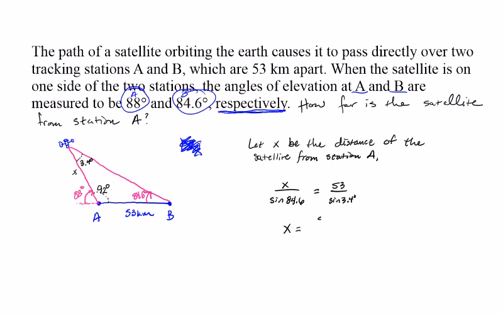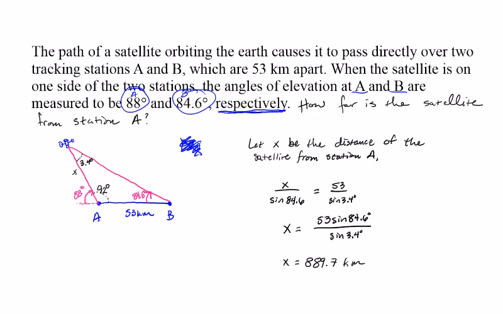X is going to equal 53 times sine of 84.6 divided by the sine of 3.4 degrees. And as long as I'm in degrees in my calculator, it should be good. And after you plug it all in, you should get that x equals 889.7